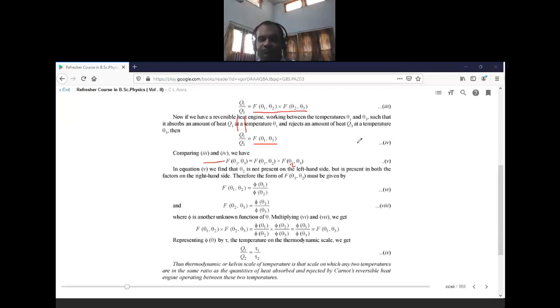Okay, up to equation 5, I hope it is clear. Then in equation 5, we find that theta 2 is not present on the left hand side, but it is present in both the factors on the right hand side. Theta 2 appears in the first expression and in the second expression. Therefore, the form f theta 1 theta 2 must be given by,